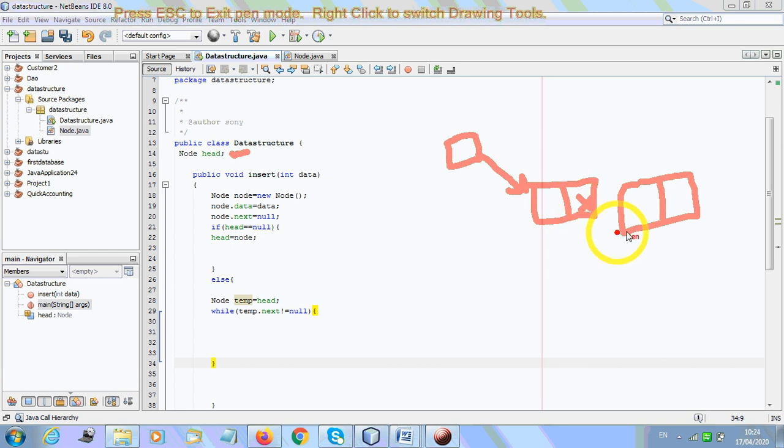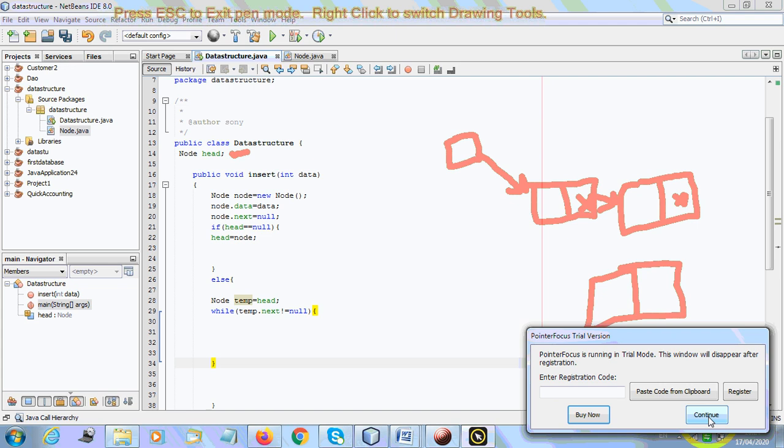So what will we have to do? We'll have to insert it here, and point this here itself. While we start traversing from here, it will become null, so we are going to insert this node here itself. If you want to understand, again see, if I have another node which we want to insert here, we start traversing from here. Its next will be null. No, it is having the address of this one. Okay, it is having null, because we want to insert here itself.